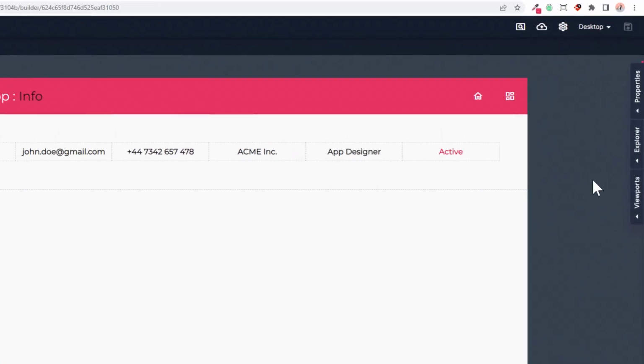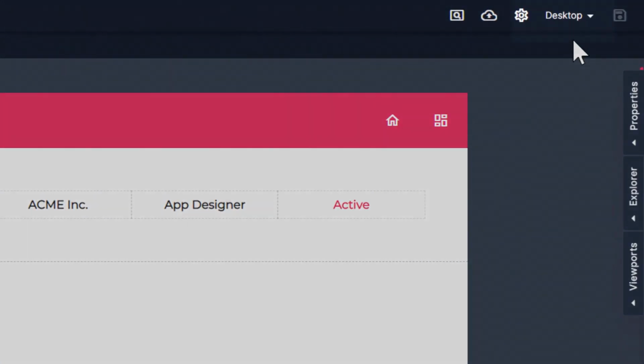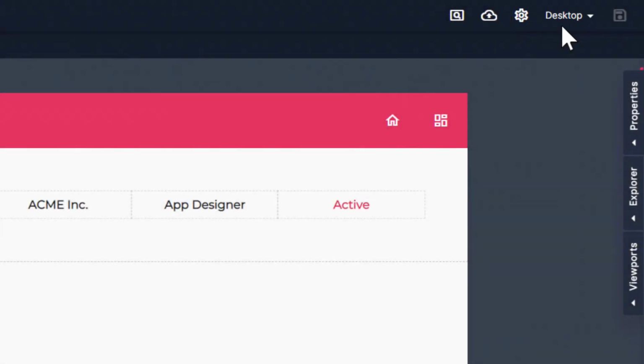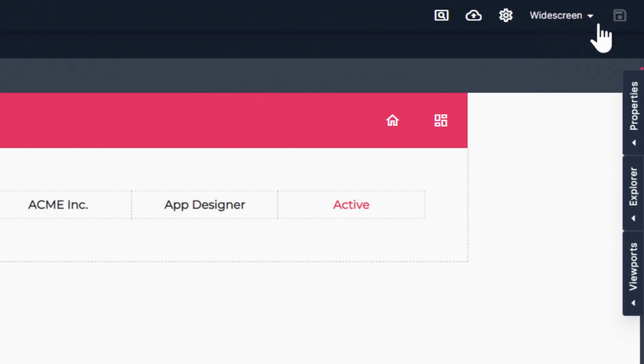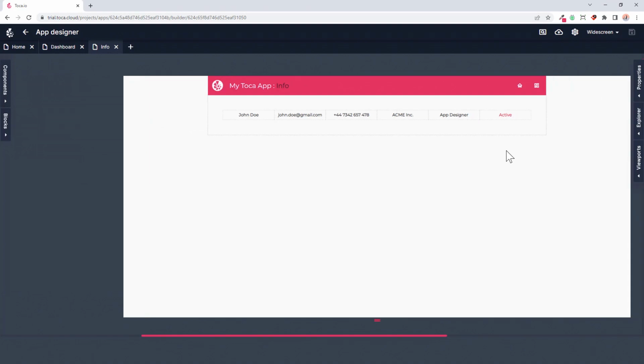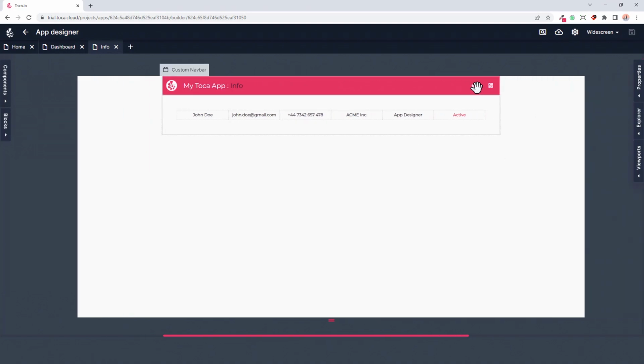By default in the app designer, you'll be editing for the desktop viewport, and you can see this if you navigate to the top bar on the right. But if I'd like to see what my page looks like on another viewport, I can simply click here and enter that viewport. And we can see that in widescreen, my application is actually a little bit squished to the